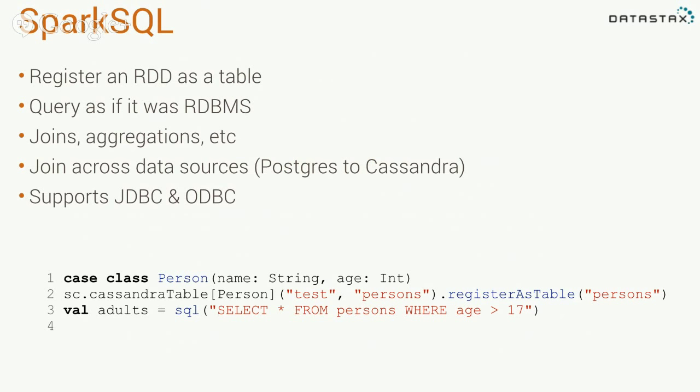Is that standard SQL as opposed to CQL? It's SQL because this is a Spark construct, right? And one of the things that's really cool about this is you could take other RDDs. So I could take an RDD to a Postgres database. I could do a join of MySQL to Postgres to Cassandra, and then blend that with some other crazy thing, like a CSV file if I wanted.